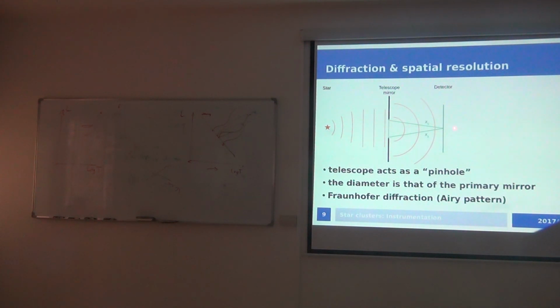Only that in our case the pinhole is a telescope. And the diameter of the pinhole is the diameter of the primary mirror. So we have a huge pinhole through which we observe the light of the star. And what you observe then is that behind the pinhole these planar wavefronts will be bent, and on your detector you will then observe a diffraction pattern, which is caused by the reason that, for instance, in the center of your detector,